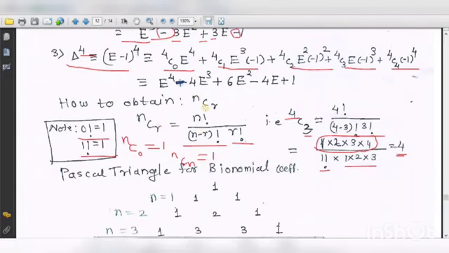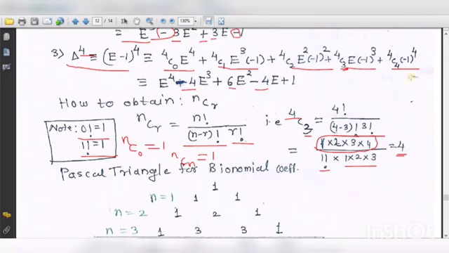So this is the value of NC0 here. Now how have we obtained these values: 1, minus 4, 6, minus 4, and 1? Using this formula NCR, because 4C0 is 1 as well as 4C4 is 1. Then what is 4C3? Here I have calculated it, which is 4. Look here, here is the term 4C3, which is calculated as 4.